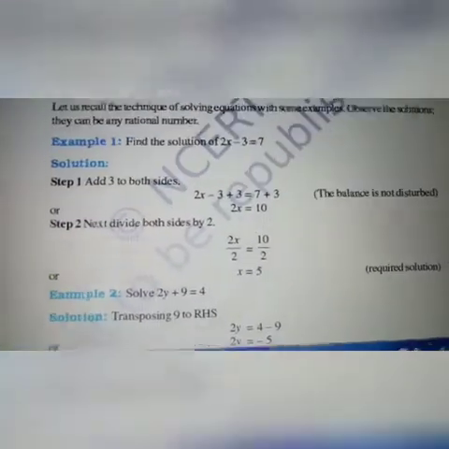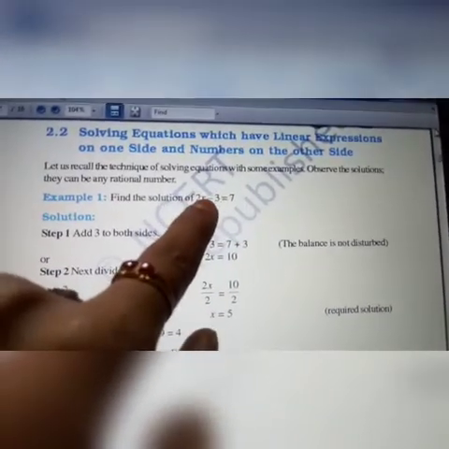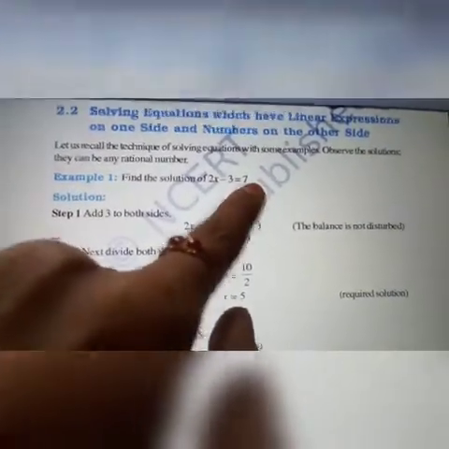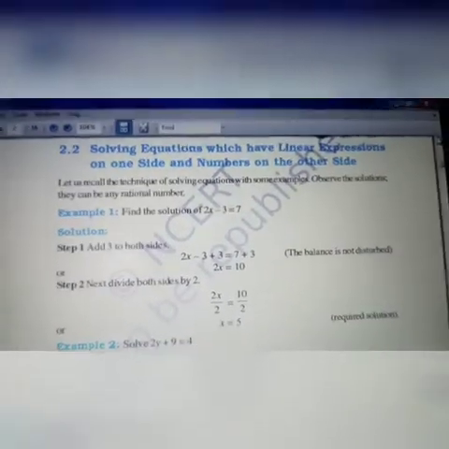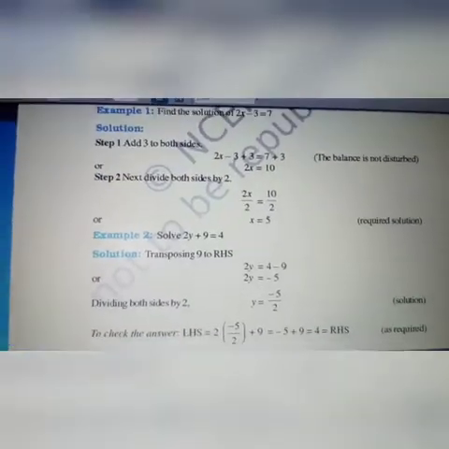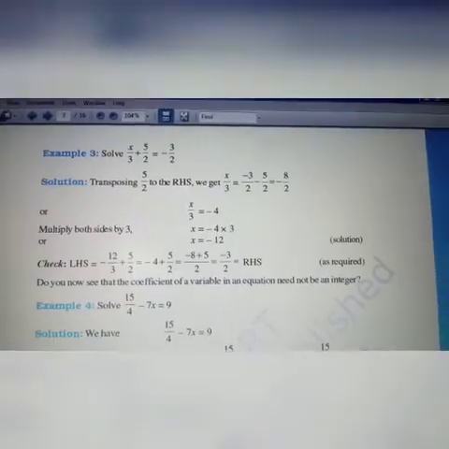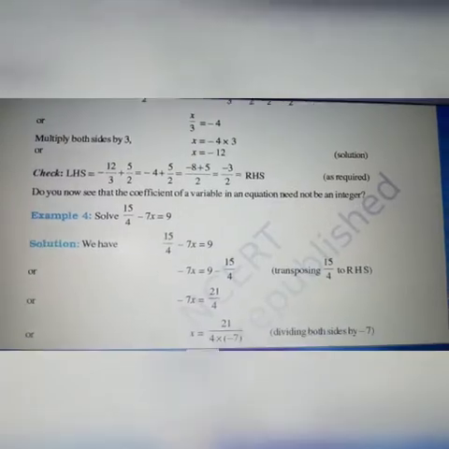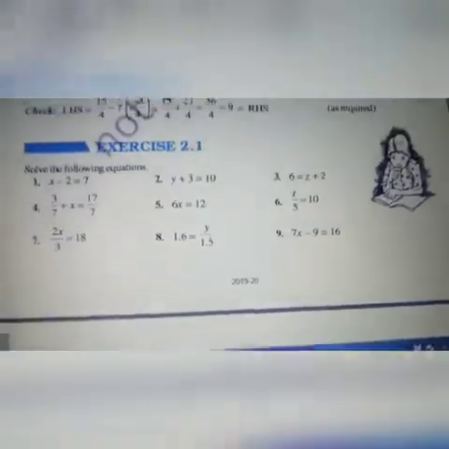Okay. You can also, for every problem after finding the x value, substitute the x value in this and find the value of LHS, and check whether this LHS and RHS are equal. If both are equal, the x value which you got is the solution of this equation. Okay, you can work out all the example as well as exercise problems. Okay, my dears, and this is also an example problem. Next, I am scrolling down the example problems. Okay. Next, we will go to exercise 2.1, which is a very easy exercise in this chapter.